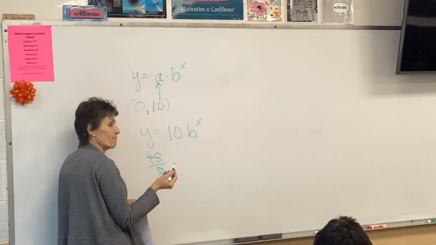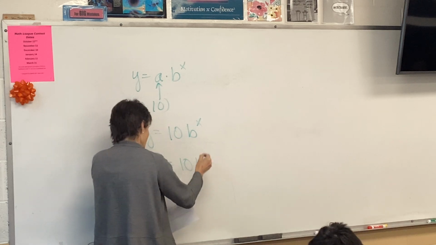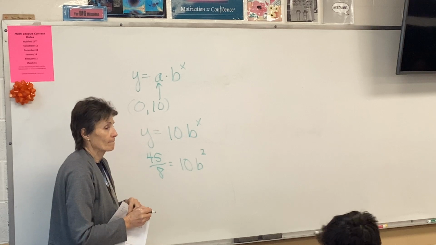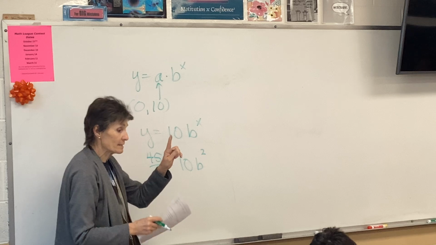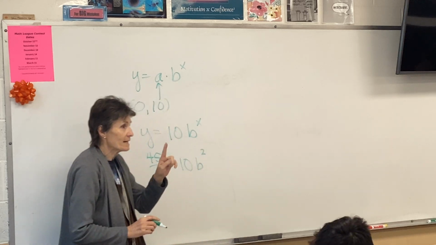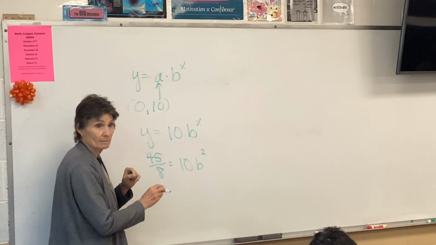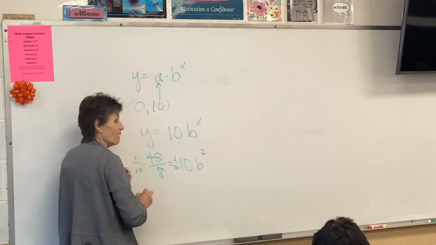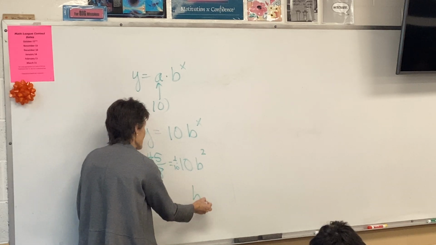45/8, so let's not freak out, equals 10 b to the second. First I divide. I have to either divide by 10 or multiply by 1/10, it's up to you. Won't that accomplish the same thing? Yeah. And it might be easier since this is a fraction. So b squared